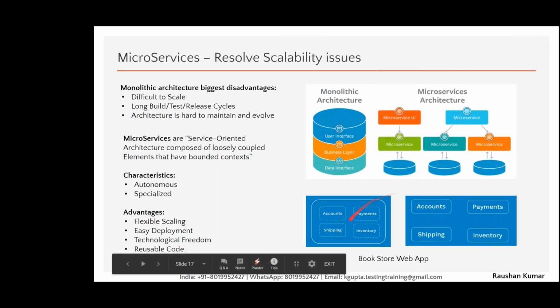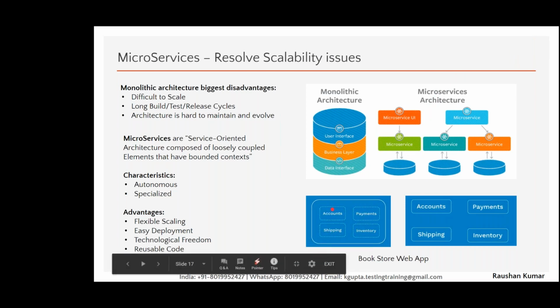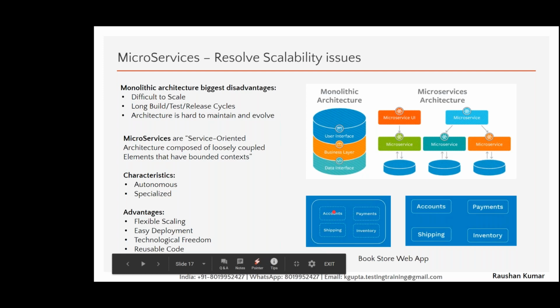So the point is that I can call a function of the accounts module in shipping or in payments or inventory. I am free to call any function anywhere. Okay, and when I call it, it's tightly coupled. The code is tightly coupled, and if they are hosted on the same application server, obviously the code is tightly coupled. So the problem with that is, suppose accounts goes down for any reason, suppose this accounts module is not working,